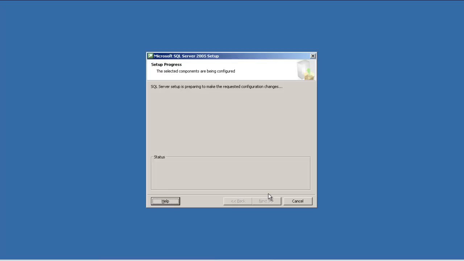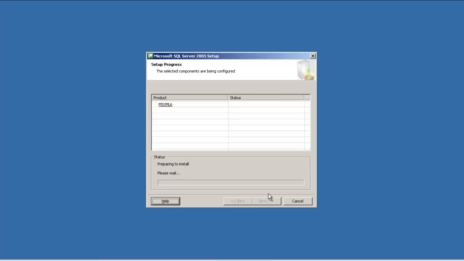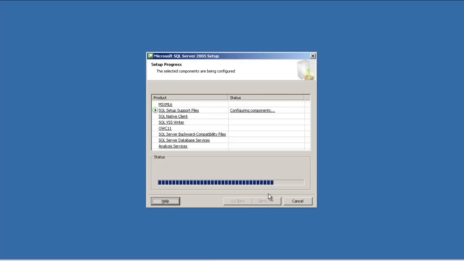Okay, there we are. It has thrown up the products. These are the products, and it's going to install on the SQL Server, and it started. Once it is finished, I'll be back.